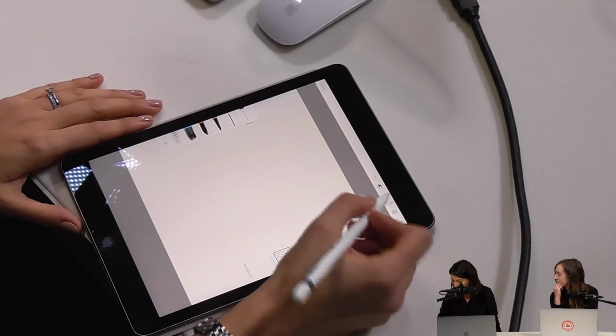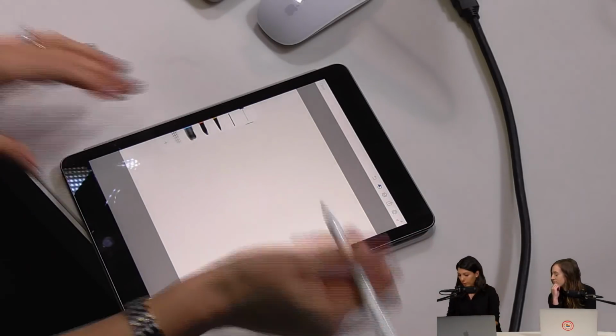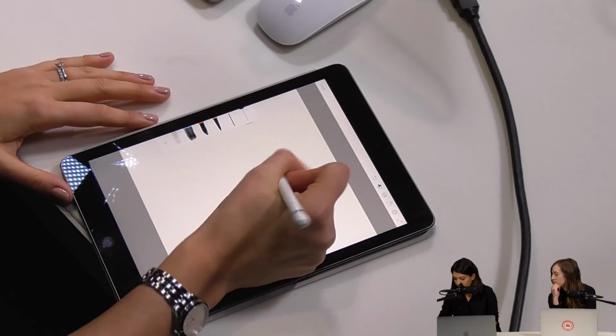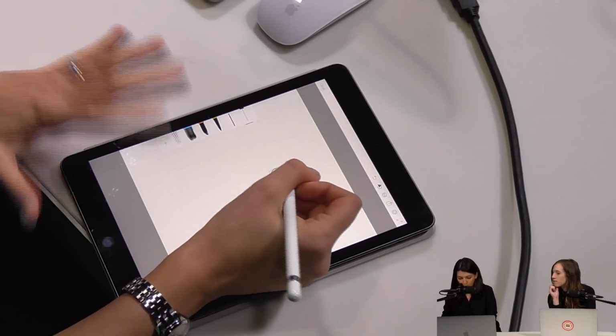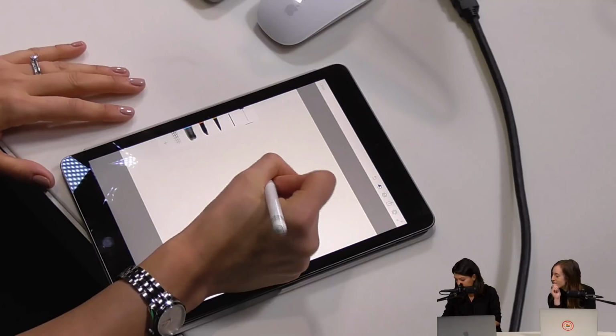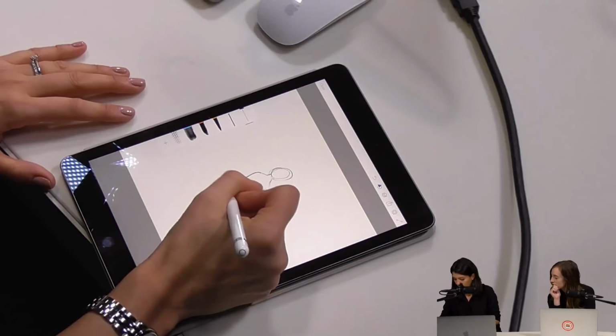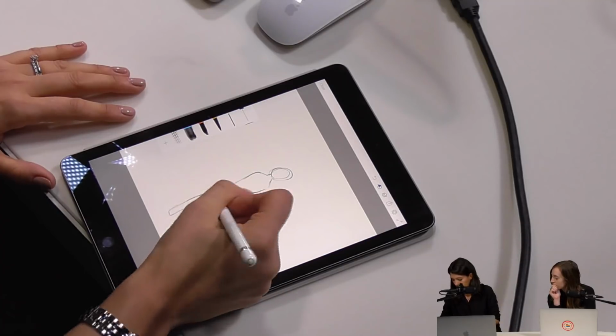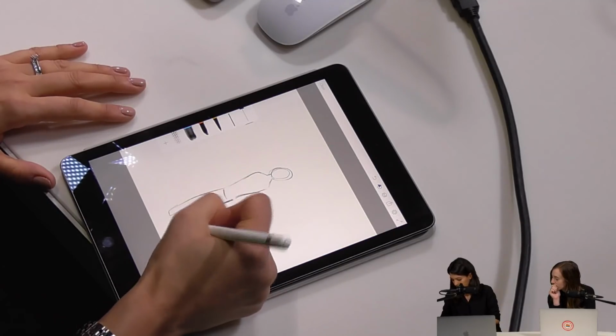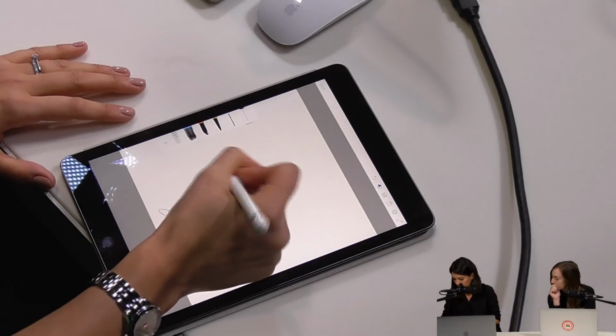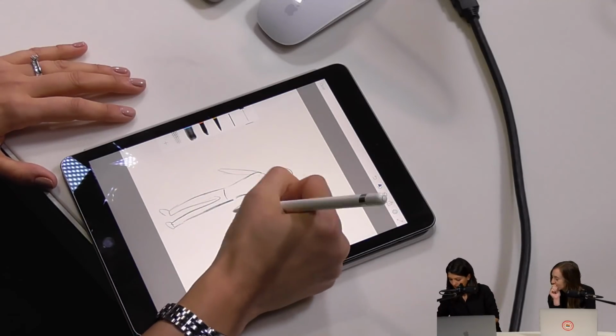All right. So the first thing I do is create the rough sketch. It won't look anything like the final one, but it's just to give an idea of the composition. So like in this case,